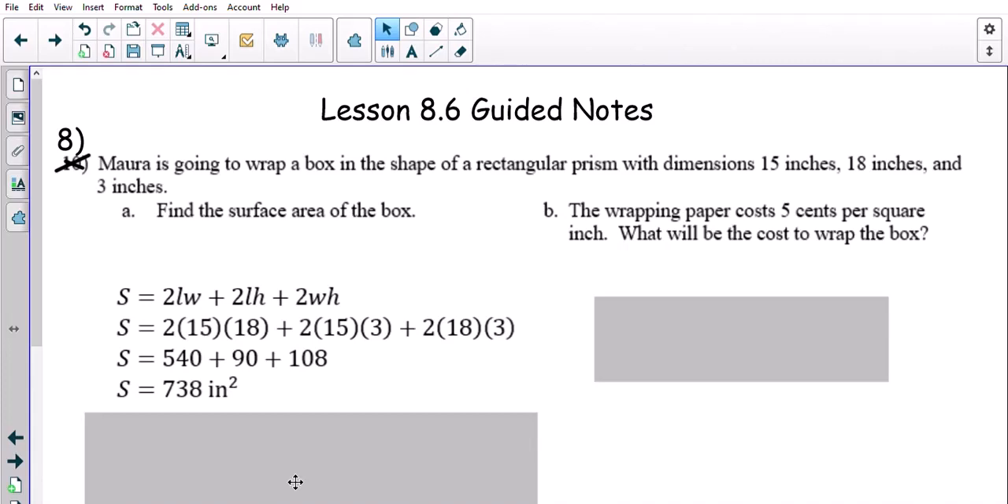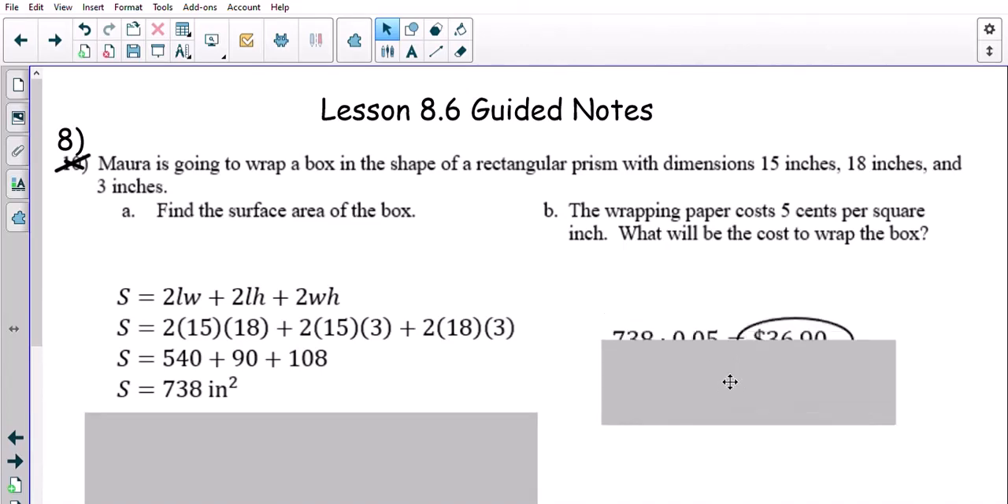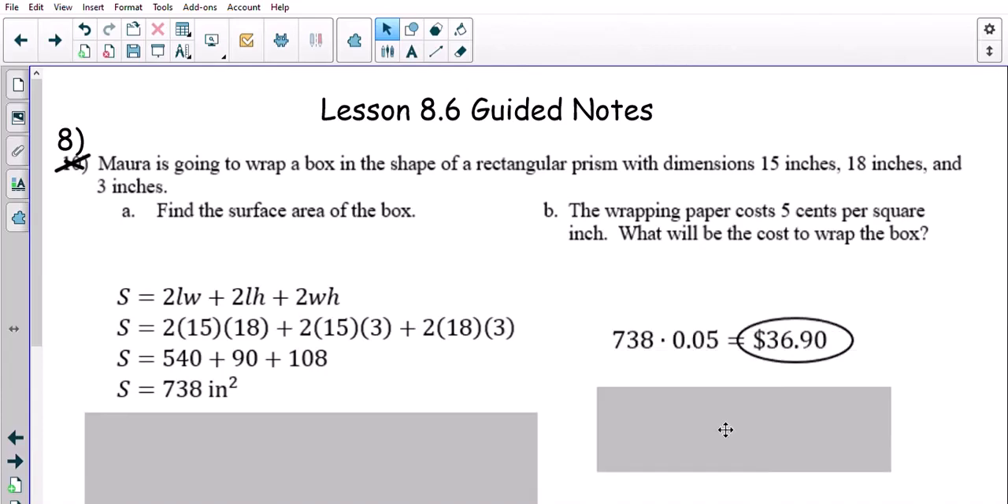I guess it was 2 cents per square inch, but since the wrapping paper costs 5 cents per square inch, what will be the cost to wrap the box? Well, if we know the number of square inches we have to cover, we'll multiply that by 5 cents, which is 0.05, and that's $36.90. Thank goodness wrapping paper is significantly cheaper, unless you're using the really fancy wrapping paper, but we get